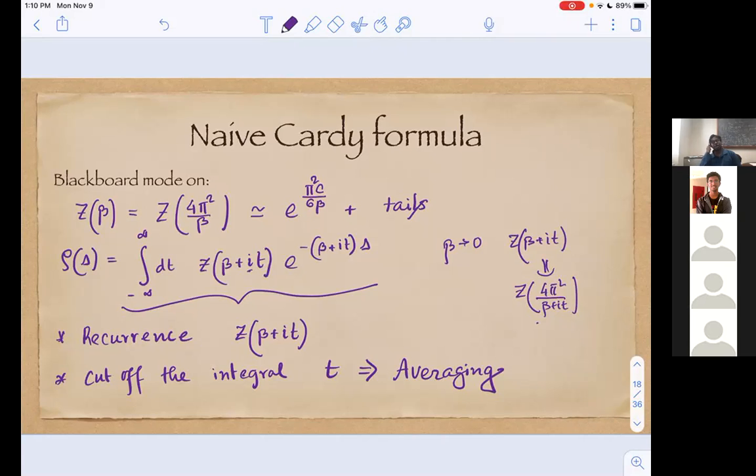Is it true that... Oh, I see. So the point is, here I am assuming the spectrum is discrete, and that's why there are recurrences, right? So you're assuming finite volume? Yeah. Because the point is, whenever beta goes to zero, this integral is still being done at finite beta over L. So effectively, we are at finite volume, even if the ratio is very small.